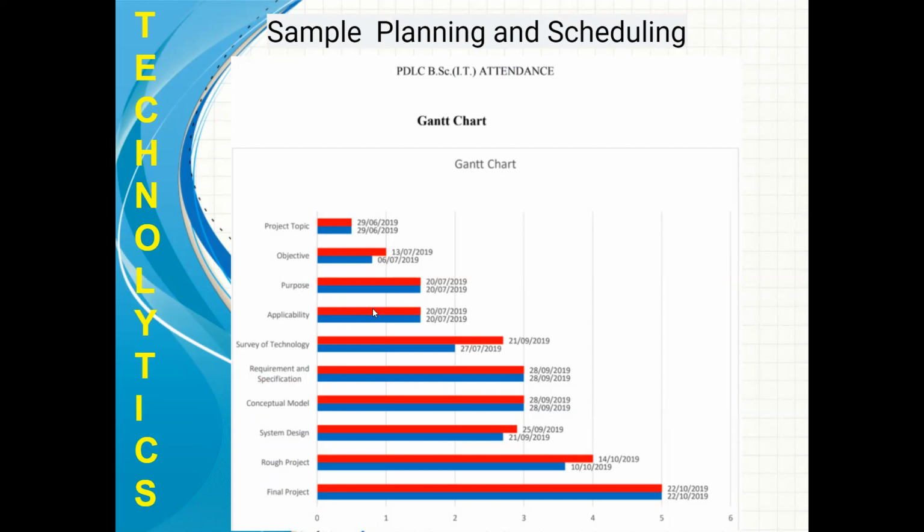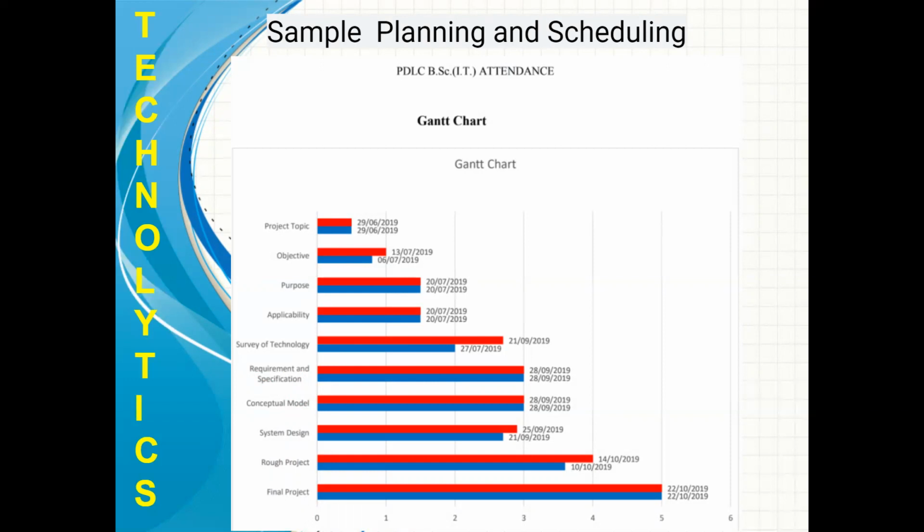Okay students, let me tell you one thing. I'm going to create one video specially for Gantt chart, how to create the Gantt chart, in my coming videos. Definitely I'm going to create it. So by that time, please consider only red bars. Okay, blue bars you will be giving, but later on, in the PERT chart.